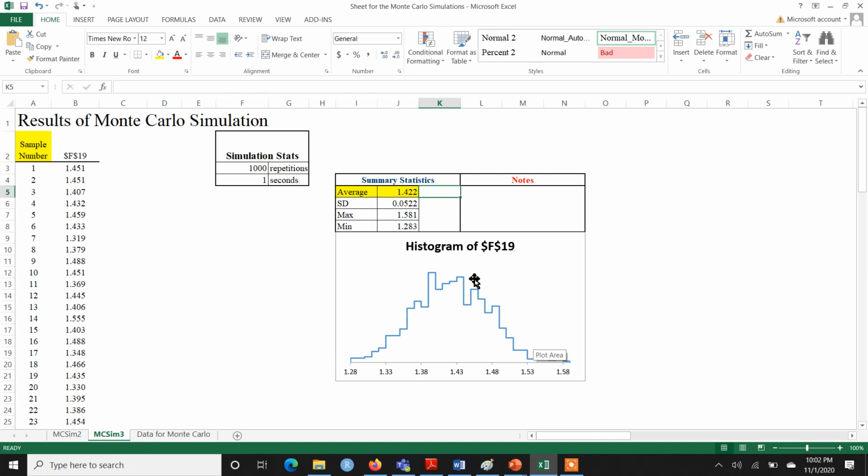Similarly, if you have a look at this histogram, this is a roughly bell-shaped figure. By the way, if you increase the repetitions, this will become closer to the normal distribution. So what this histogram is telling me is that the probability distribution of the slope coefficient can easily be declared a normal distribution.